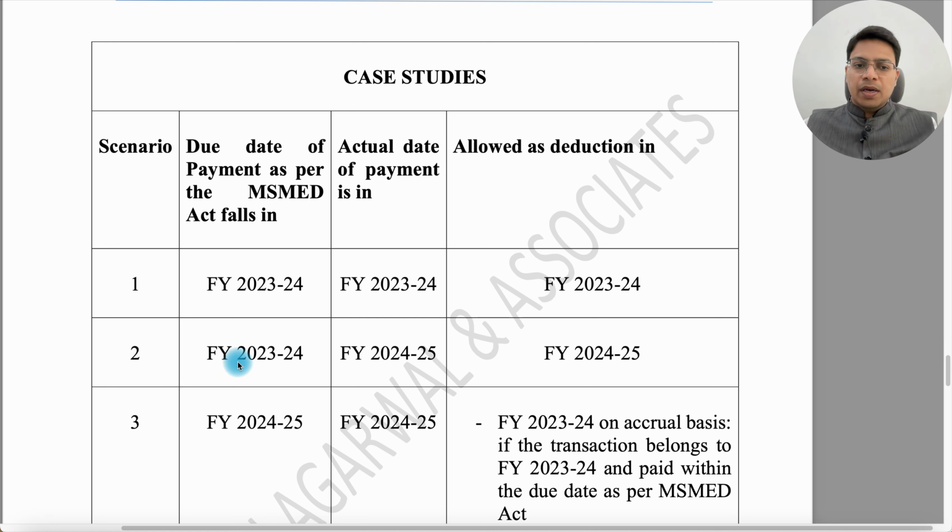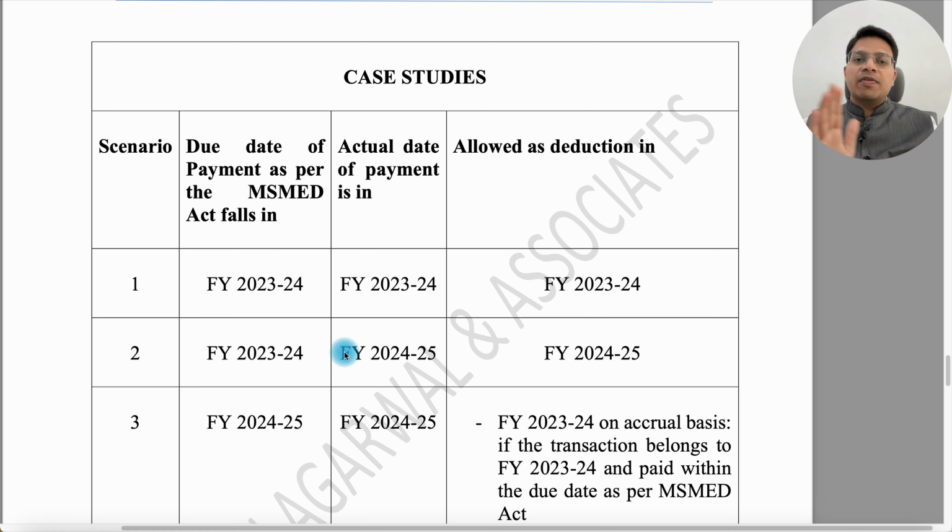Coming to the second example, the due date as per the MSMED Act falls in 23-24, but you are making the payment to the supplier in the financial year 24-25. The due date is in 23-24, but you are making the payment to the supplier in 24-25. Then for the financial year 23-24, this amount of expenditure will be disallowed